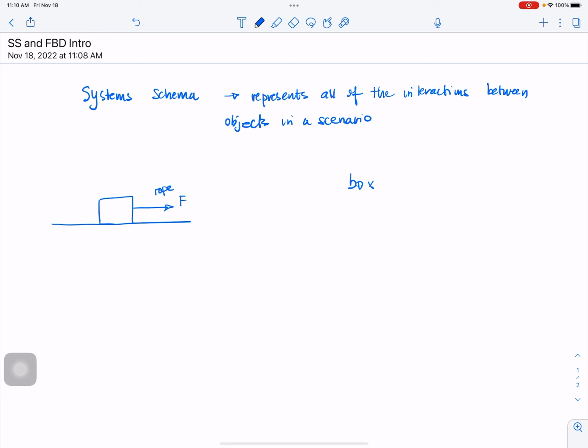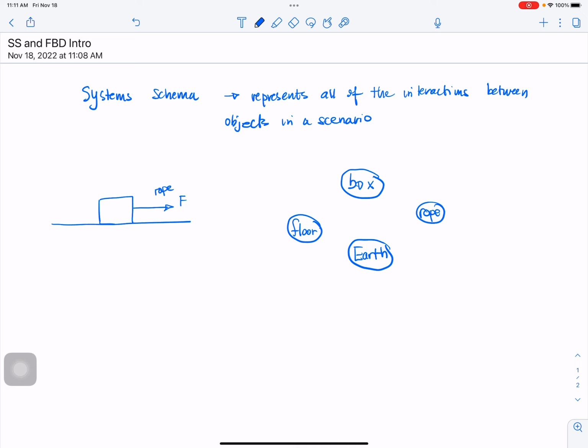It's helpful if each object starts with its own letter. So we have a box, we have a floor, we have a rope, and then an object that is not specifically shown in here but is always present when we're near the surface of the earth, which is the earth. So that's the first thing you do: identify all of the objects, write out their names, put them in bubbles, and try to name them so that each name has a different